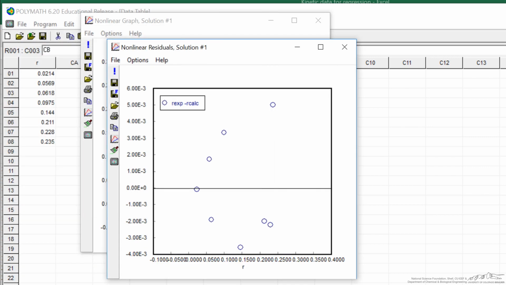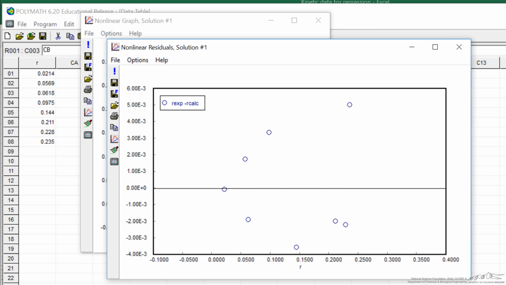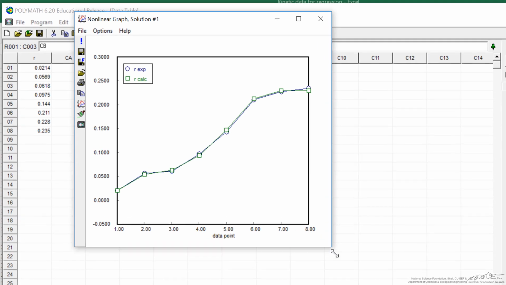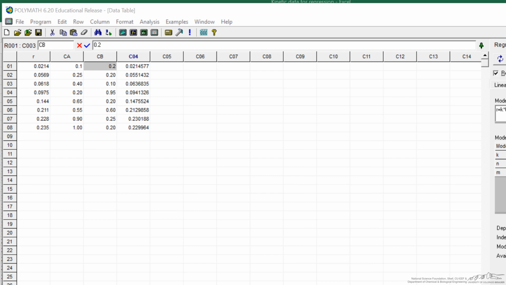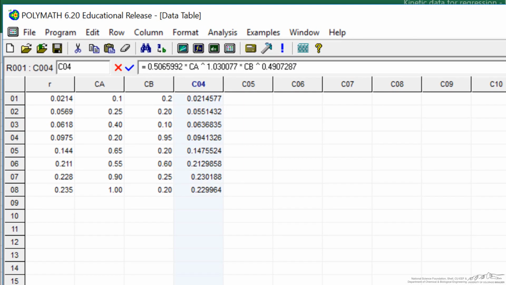It also shows a plot, and let's expand this a bit. This is plotting the residuals, the difference between the experimental value and the calculated value, as a function of the rate. And then this is showing a fit to the data, to show for each point how close the model is compared to the experimental data. You'll notice we have a fourth column now, which is the calculation. So we can